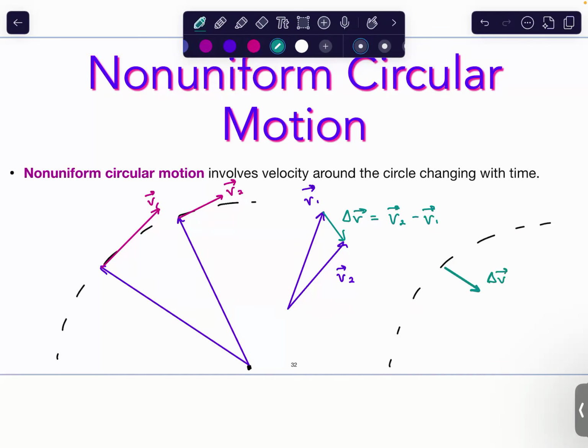Delta V is going to point in that direction. And so that's also going to be your radial acceleration. So it's going to point in that direction. But this radial acceleration is in 2 dimensions, which means you're going to have,